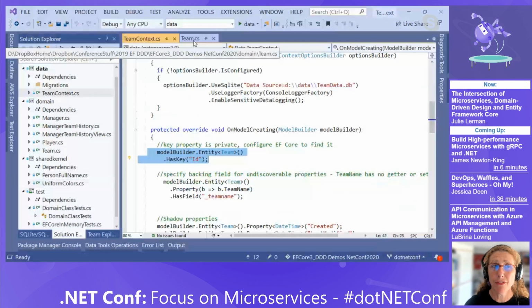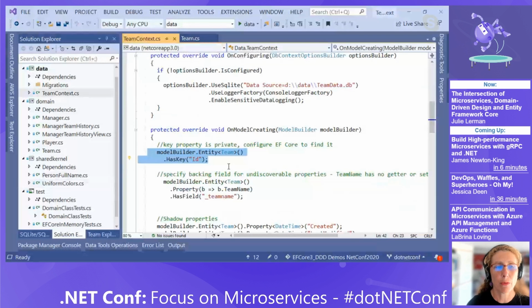By default, starting with EF Core 3, if Entity Framework recognizes that a backing field is tied to a property, it will automatically use that backing field when it's reading for saved changes and also when it's materializing objects. It'll actually materialize the field instead of materializing the property.